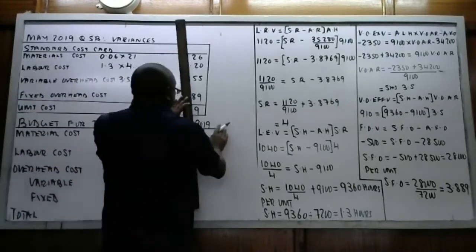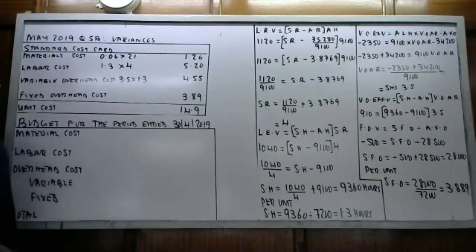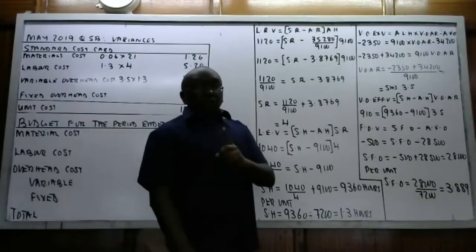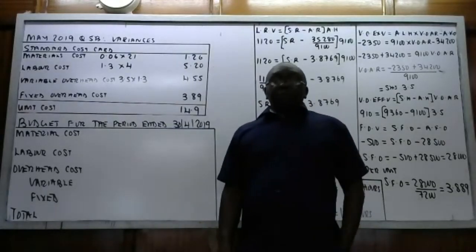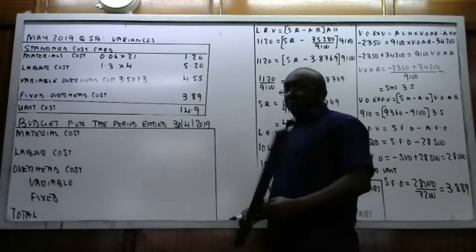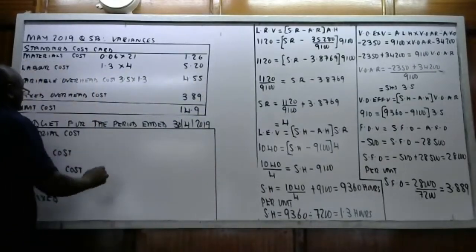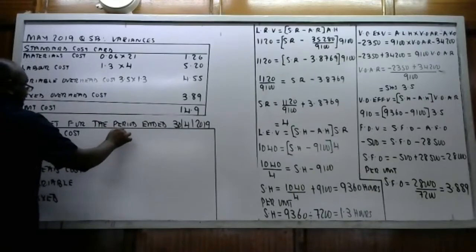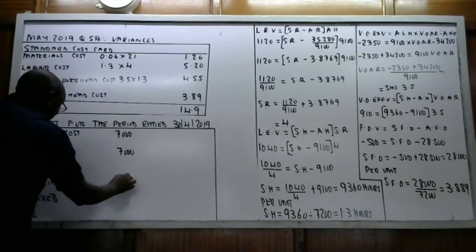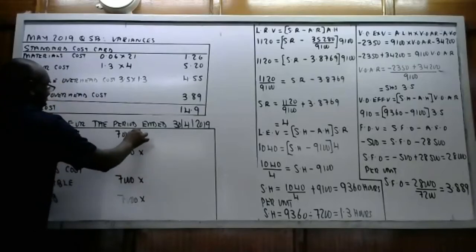So the difference between standard and budget is that standard is given per unit. Standard is expressed on per unit, but budget is given for the entire activity level. So the budget activity level we are told was 7,000. So you are supposed to be saying 7,000 here, 7,000 here, 7,000 here, and 7,000 here. You multiply with the standard costs